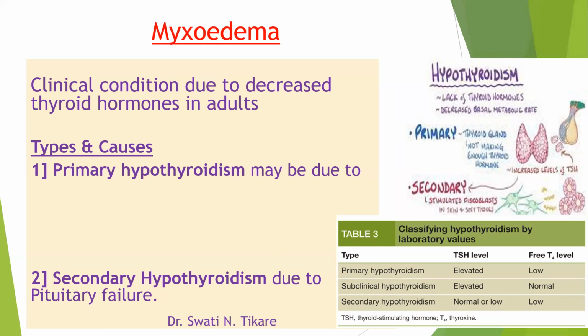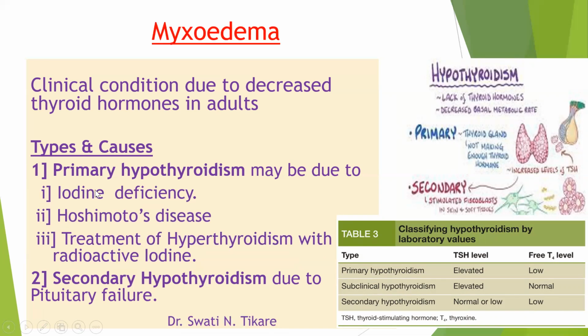If you go back and try to check any of their values, you will find that if T3, T4 is low, but TSH is high, that means it is primary hypothyroidism. Okay. Let's see what are all the causes for this primary hypothyroidism. So it could be due to iodine deficiency. There is a condition called Hashimoto's disease, that is an autoimmune disorder. Okay, there is an autoimmune disorder against the thyroid gland itself, so it is not able to produce the hormones.